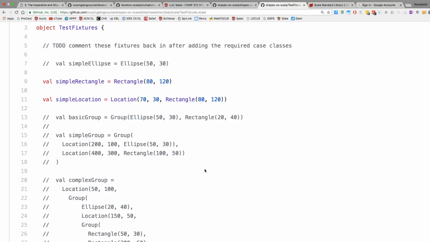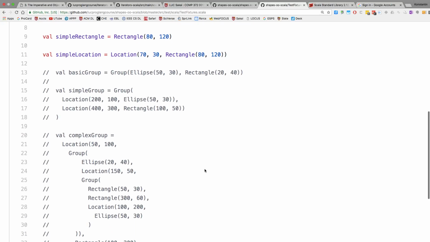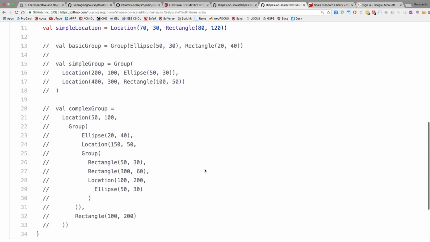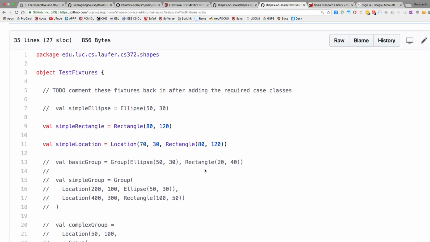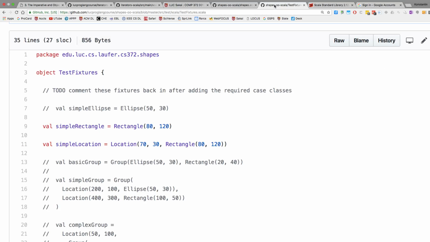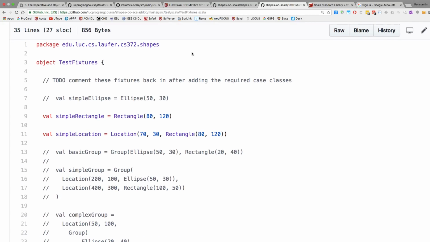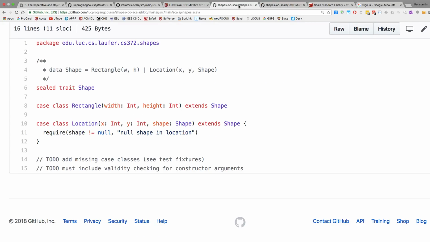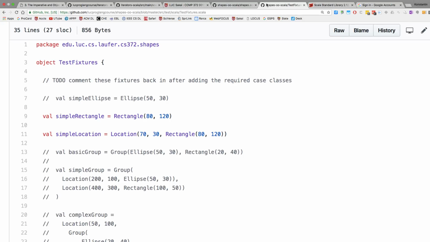So once you have the ellipse, you can start defining some of those things, and then you also need a group, right? So group and location, those are familiar from the Android project, and that's basically it. This one is a little simpler. It doesn't have a polygon, which is a little more complex. So, okay, first step would be basically to define ellipse and group